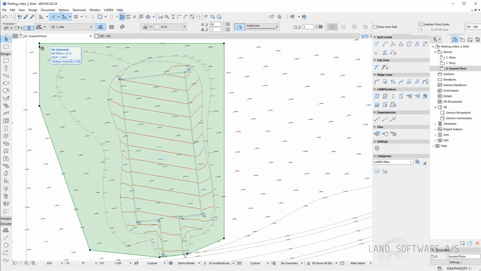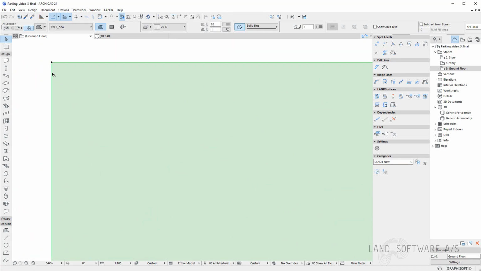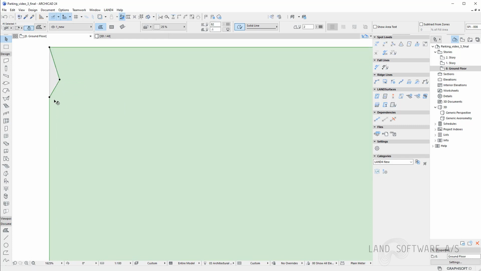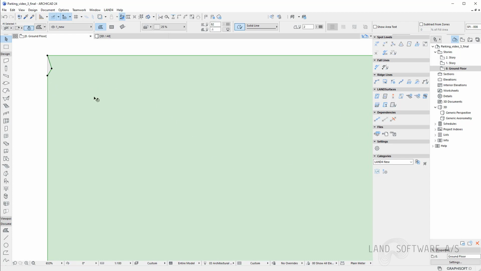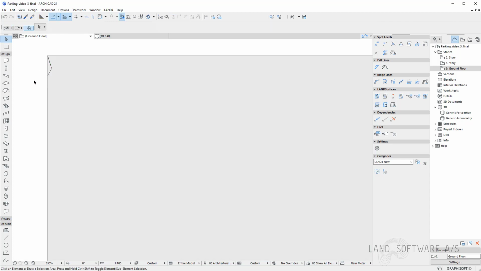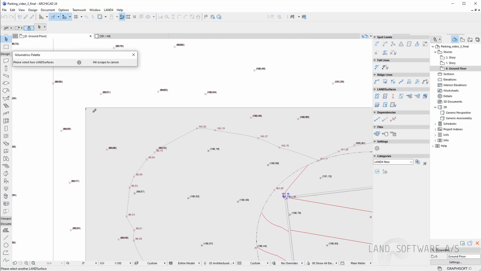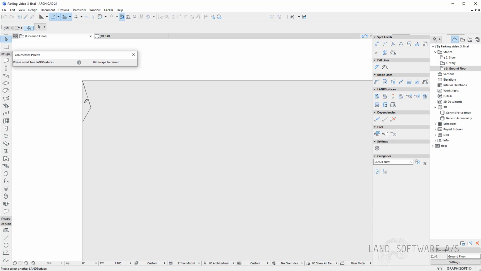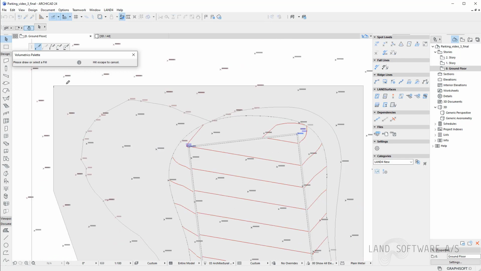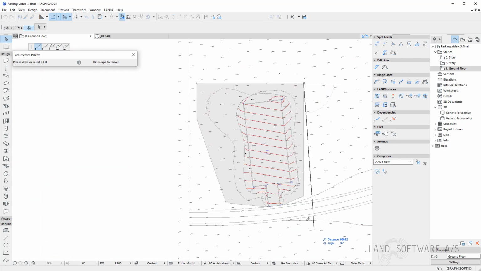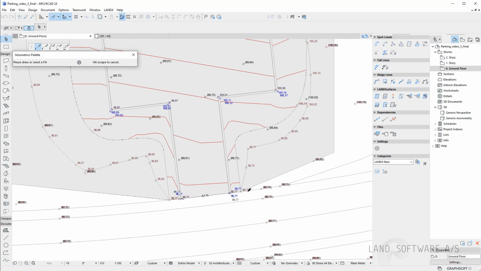What I want to do is create a little bit of a space in the fill. I'll do it for the new fill, and I'll just leave a small triangle here, so I'm able to do the selection, the manual selection, using the volumetrics tool. So I'm now able to create the volumetric surface. I have the existing first there, and now the new. And in the last part, I need to simply establish the parameter I want to involve in the volumetrics.